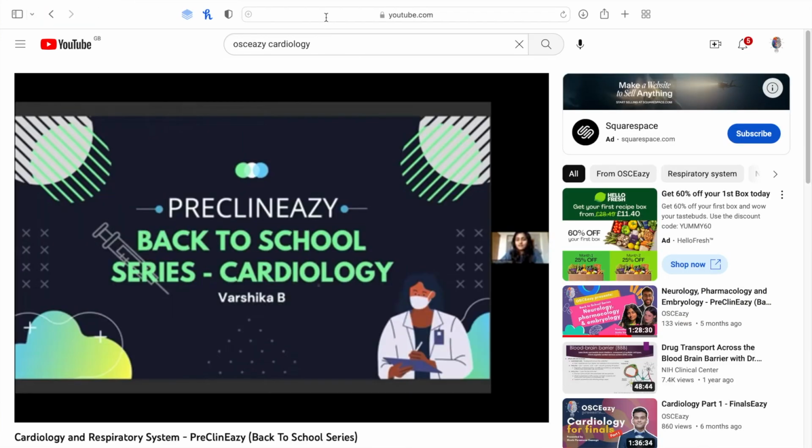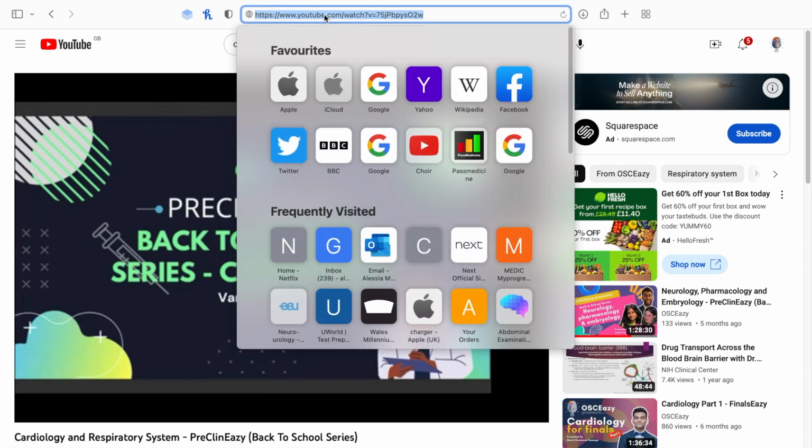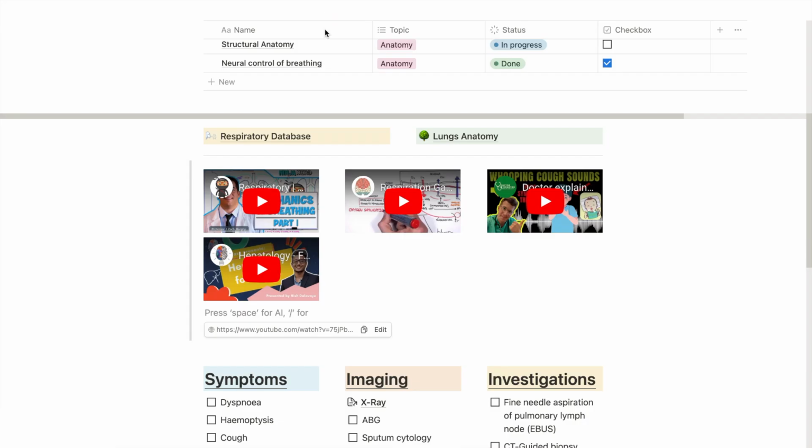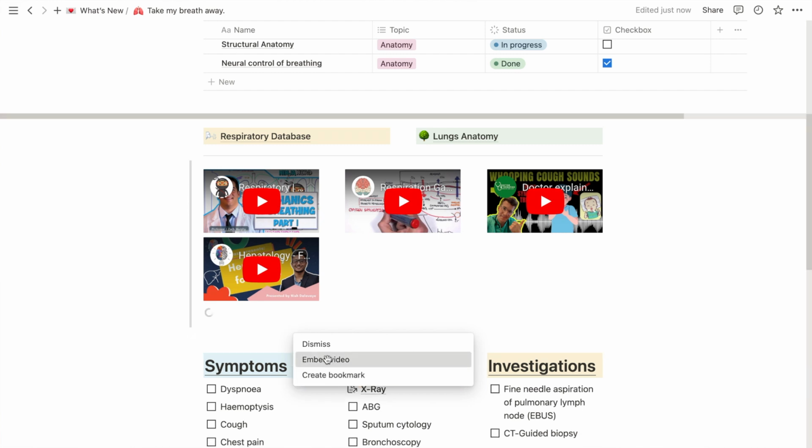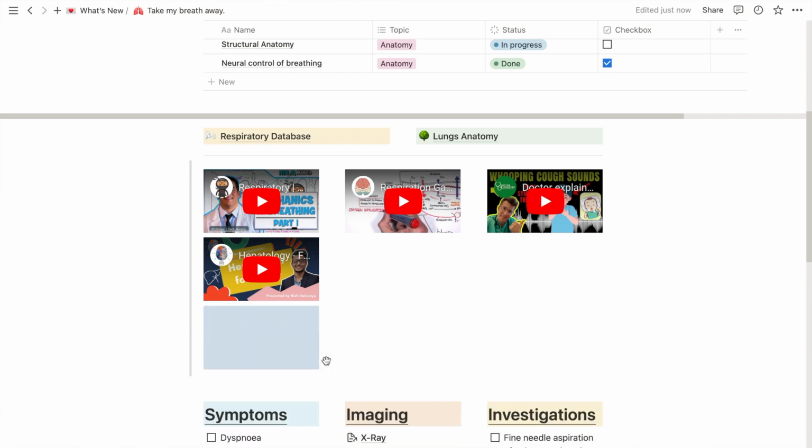When you've done that, you're going to want to copy the URL, go back to the page, and paste it in the place of your choice. Once you do that, you'll see there is a drop-down box here with 3 options. I want you to click the middle one. Once you click on that, you'll see slowly, a little bit at a time, that video will have become embedded